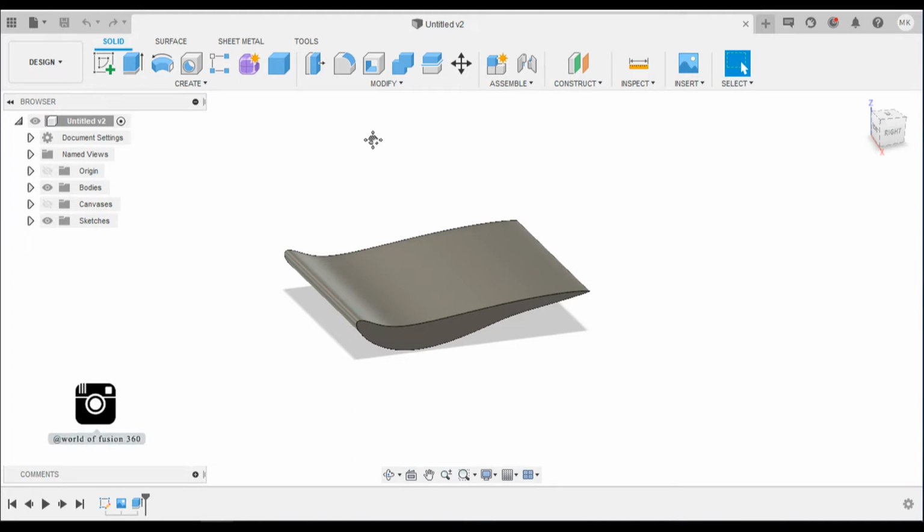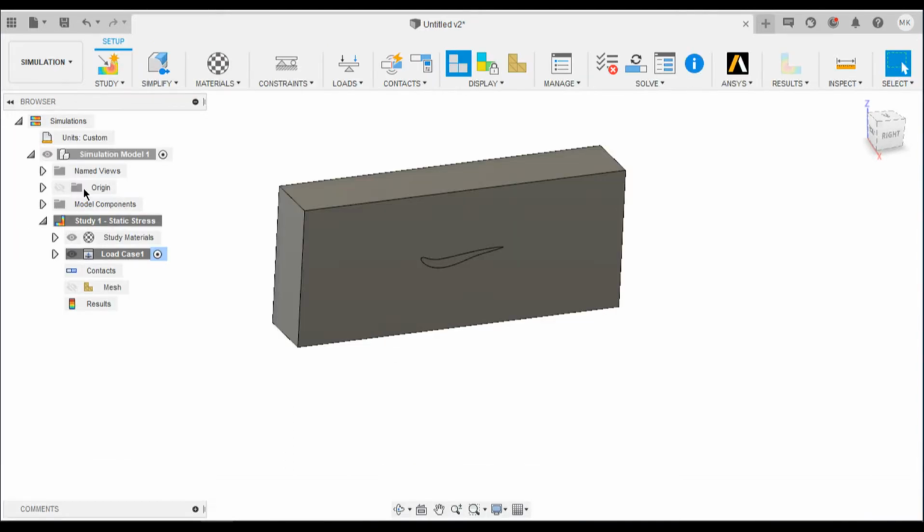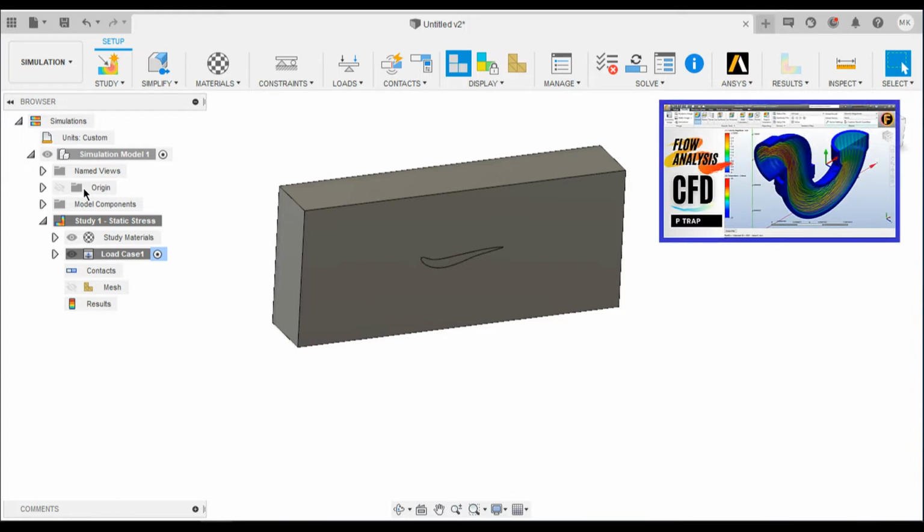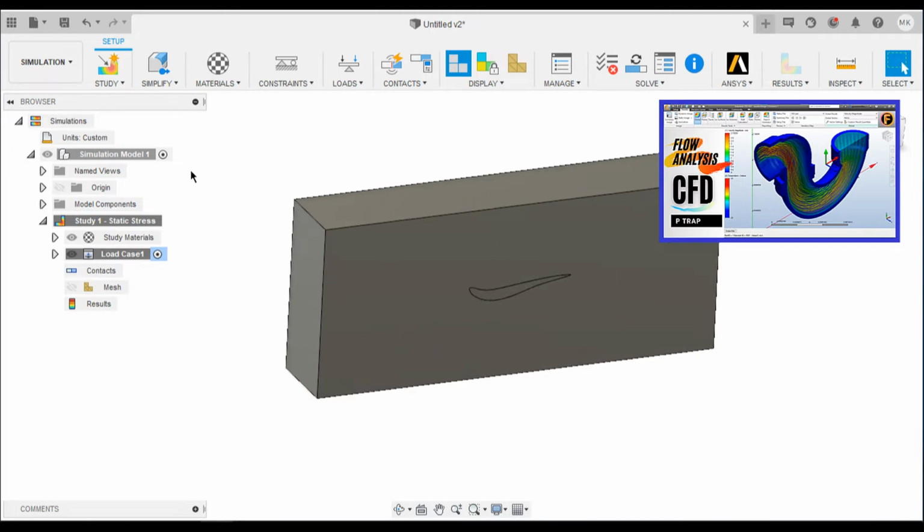For now, I just have uploaded the Fusion file, and now switch to simulation. You can see that you'll get this file directly as Fusion archive, because I'm not gonna waste time to create a bounding box for this model. We have made a video doing all those things about 2 weeks ago. Just go and check that video. You can watch that from the link in the description or from the info in here.